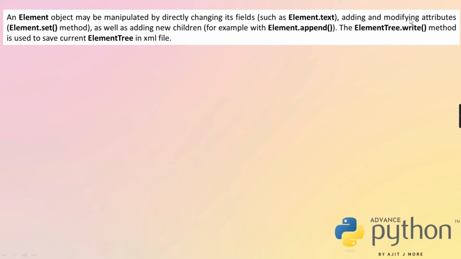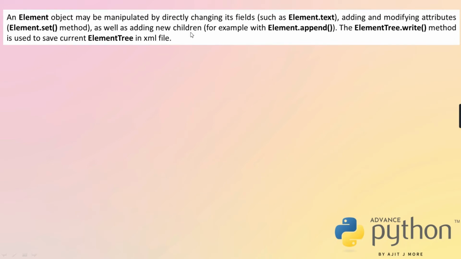Till here, this first part is okay. Second part is okay. Now when we give to that set the name of the attribute and the value, if that element is already having that attribute, it will only update the value of the attribute. But if that element doesn't have that attribute, it will add it as a new attribute to that element. Is it clear? Okay, this part is clear to you.